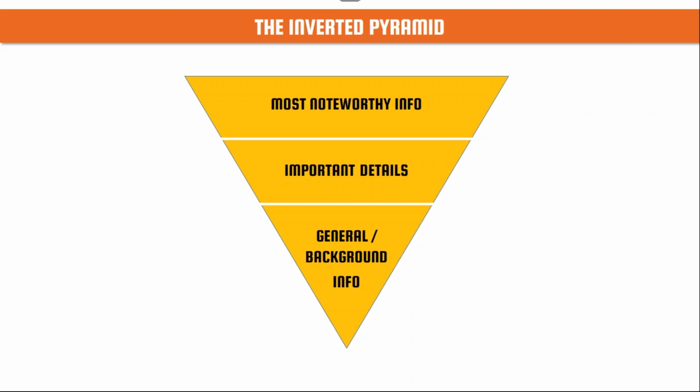It's not the overview, it's already the details that will help you understand the important overview information. And at the bottom of the dashboard, you will find the general and background information. It will be at a high granularity level, and it will give you the ability to drill down and further investigate into your